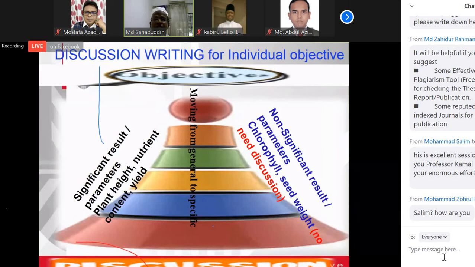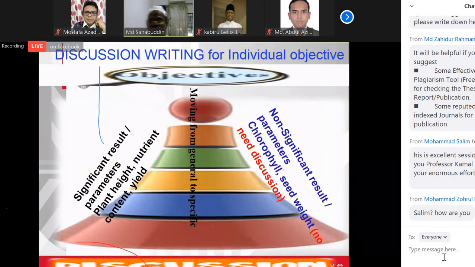So now this is the chapter on how we can write the discussion. Discussion means it will be the opposite of the introduction. That means the funnel will also change. We previously discussed that the introduction funnel is like a normal funnel: the upper part bigger and the down part narrow, the objective.